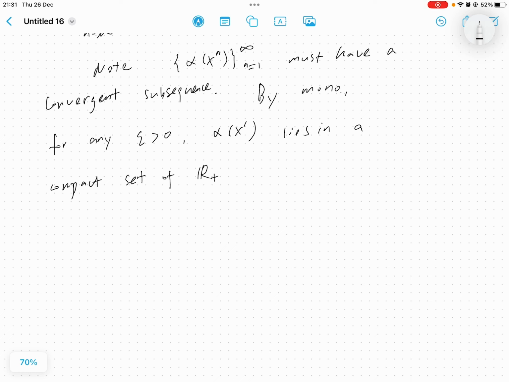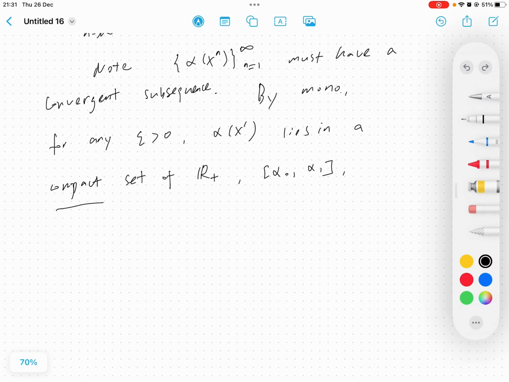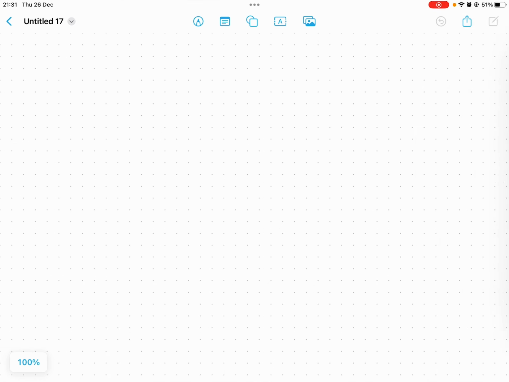This would be the set from alpha 0 to alpha 1. It's closed and bounded. Good. The compact set is often seen in the